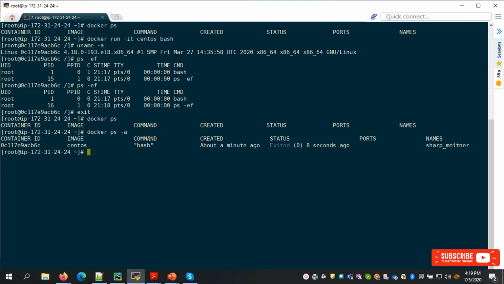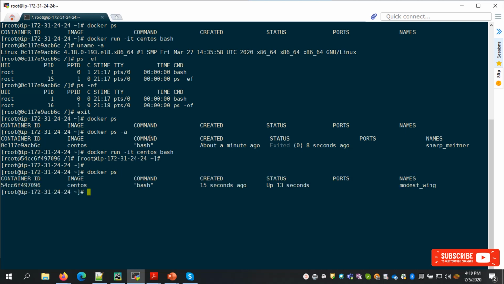So here let us try in a different way. What is a way we can run the container and come out of the container without killing it, right? Without getting exited from it. As I said earlier, we want something to be running always inside the container. That is the default behavior of a container, right? So let me run the same command, and here I'm going to press Control plus P Q. Okay, so which means that I have just detached my screen.